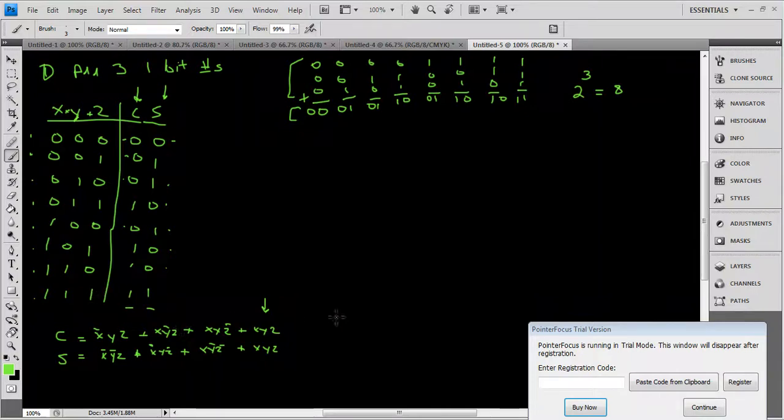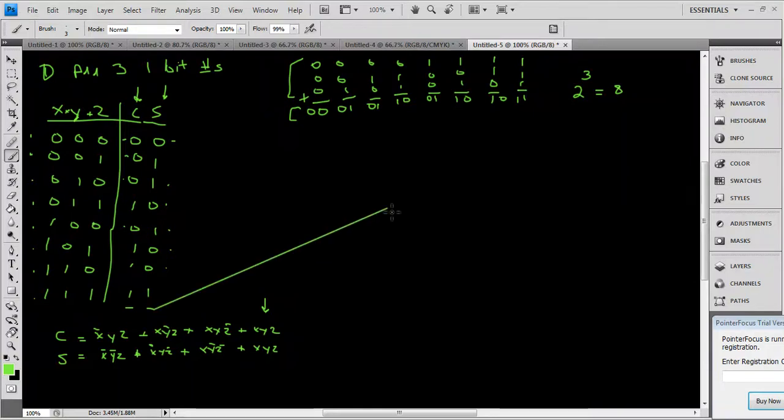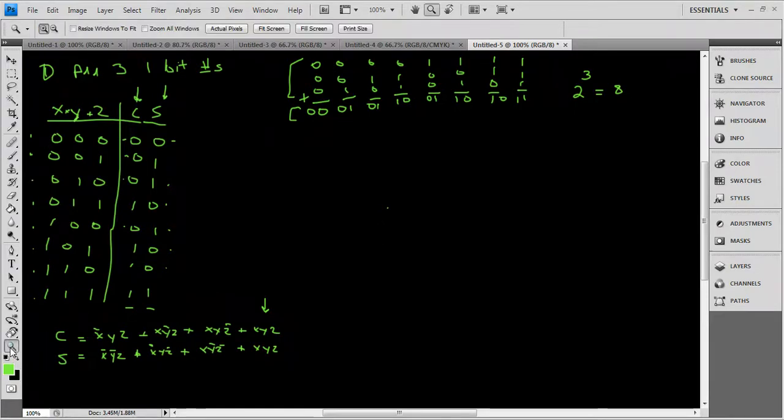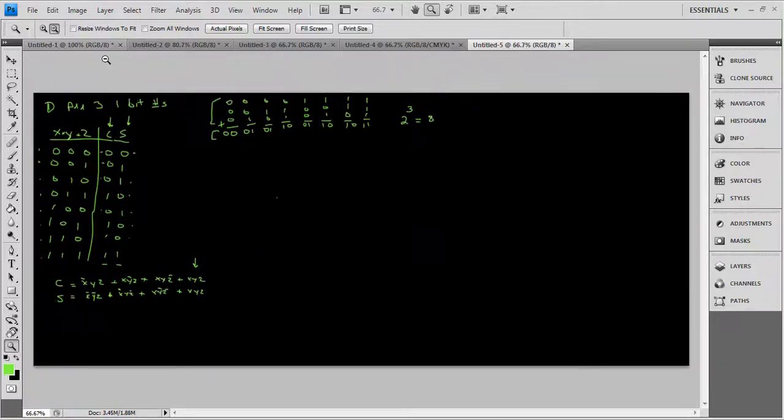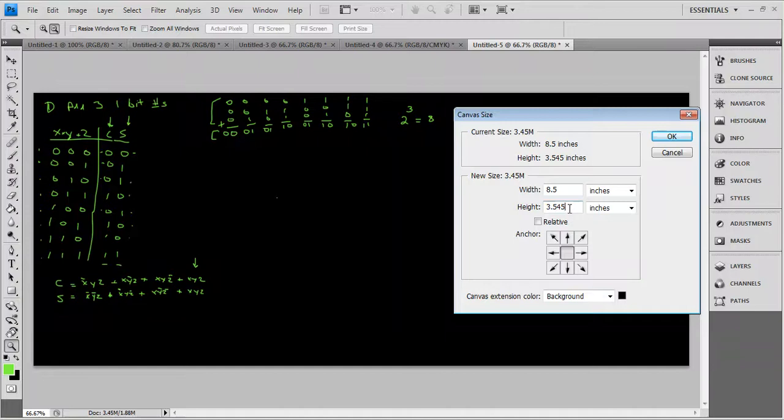Okay, now for the fun part, in my opinion. Let's make a bus. And now I think I can actually make a better bus because I can make a straight line. Now I'm going to zoom out just for a second here. Hopefully I won't draw that line there. Okay, it's not zooming out. Ah, here's why. Okay. And what I'm going to do is make my canvas longer